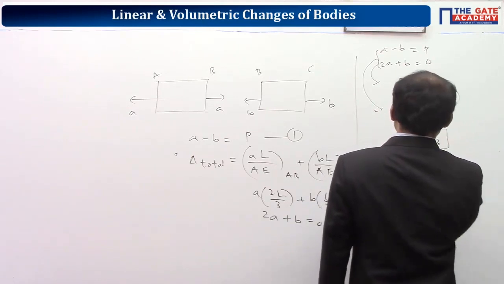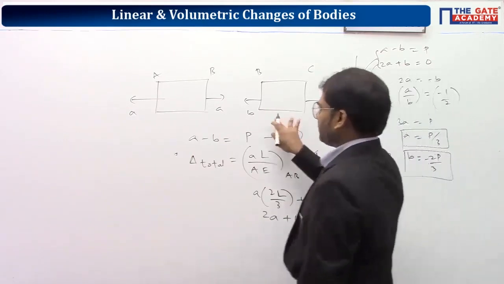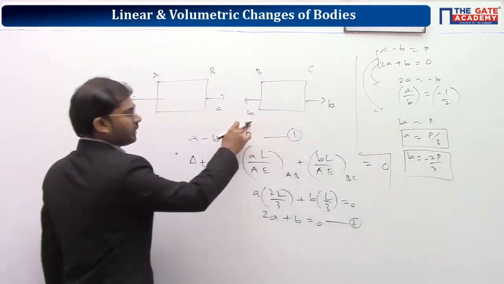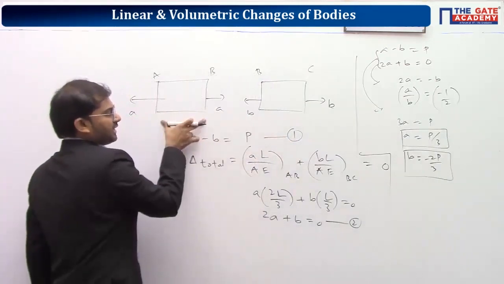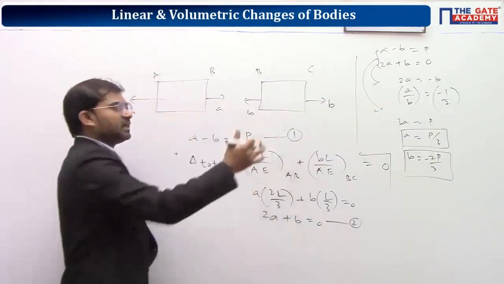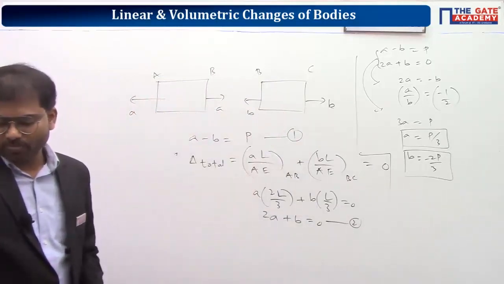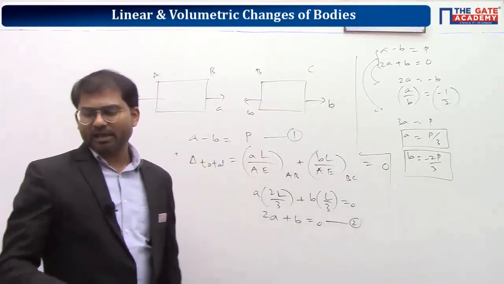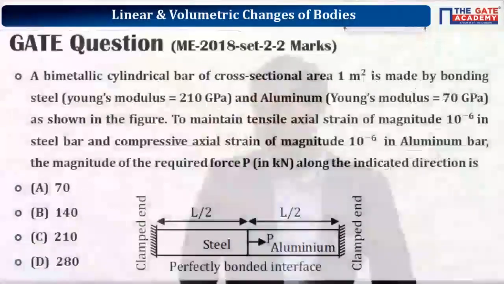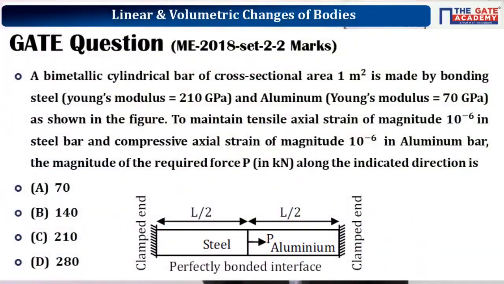So this implies that the member BC is experiencing compression because B is coming out to be compressive. This is experiencing tension, but this is experiencing compression, and they are giving rise to a net elongation equal to 0. That's how you have to solve this question. Clear? Whatever you learned, apply it in the next question, which was a GATE 2018 mechanical engineering paper question, and get the answer. It can cause a little confusion, but strictly speaking, if you just go with the method without getting confused, you can get the correct answer.